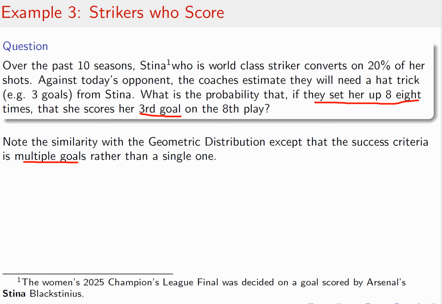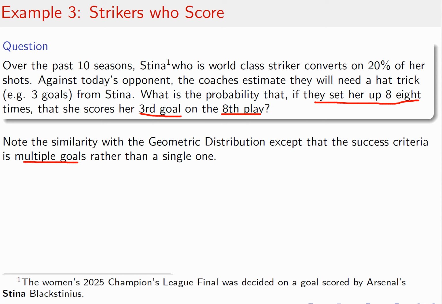So if that's true, the success is not just scoring a goal or scoring 2 goals. The success is scoring 3 goals. And again, there's a limited amount of times they're going to be able to get her set up. And you know how this is because this happens in more American sports like the NFL and the NBA. Again, they do try to set up their superstars, but the defense has a say in it too. So they can't always get the plays set up with their superstars able to make the plays as often as